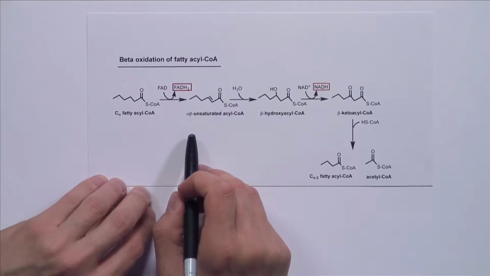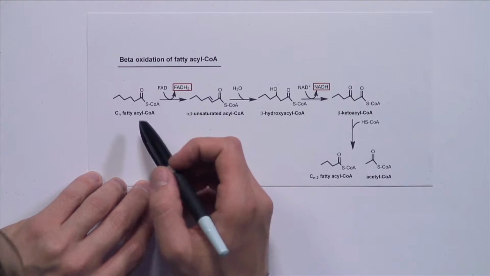This is a set of reactions in which the fatty acid is broken down into a shorter fatty acid and 1 molecule of acetyl-CoA. The process then can repeat over and over until the entire fatty acid is broken down into acetyl-CoA molecules. So let's take a look at how beta oxidation works. Here's an overview of the beta oxidation pathway.